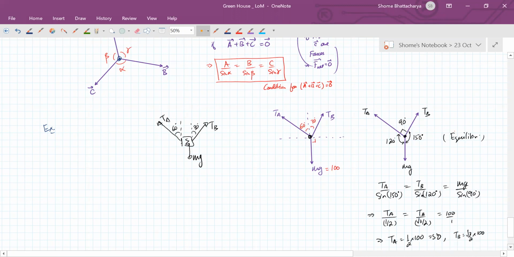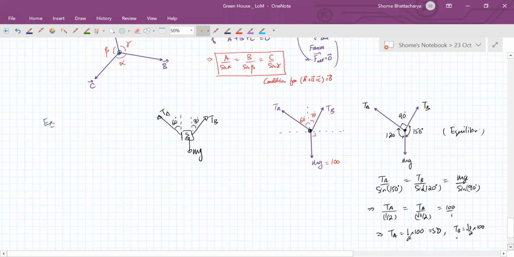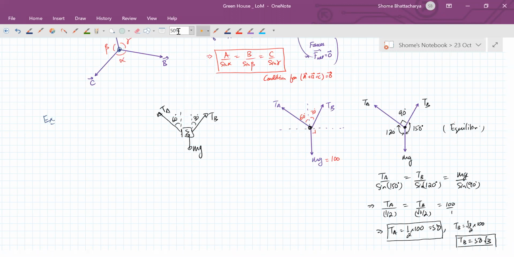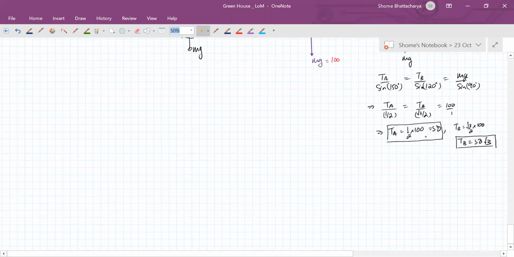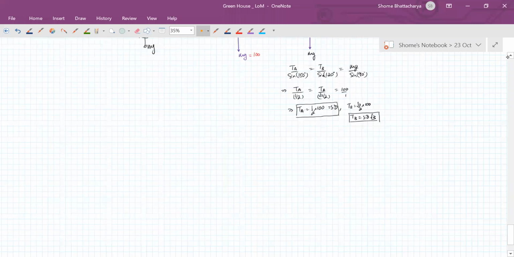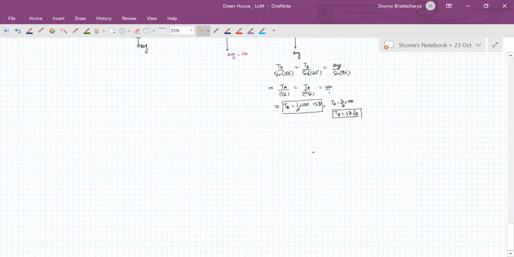So it is extremely convenient to use Lami's theorem whenever we are dealing with a specific case of equilibrium of three forces. Remember, it is only for equilibrium of three forces. We cannot apply Lami's theorem for any other condition. We can't apply it when the body is accelerated, because then we don't have equilibrium. Or we can't apply it if we are looking at equilibrium with more than three forces. Okay, it's a very specific situation for this.